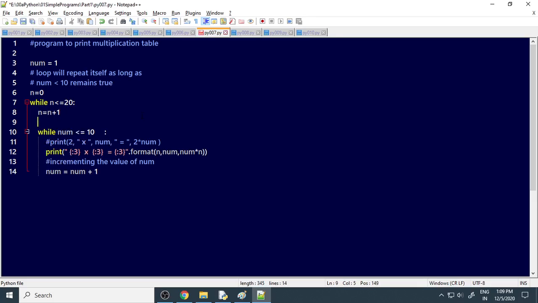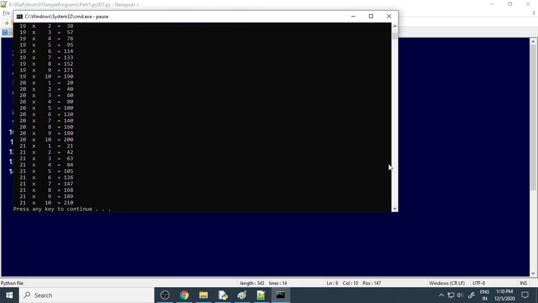So you have to put num is equal to 1 again. So here it is not necessary, because inside the loop you have to make num equal to 1. Every time num should be 1. So save this and then execute. So you can see that now we have all up to 21. Okay, it's great.